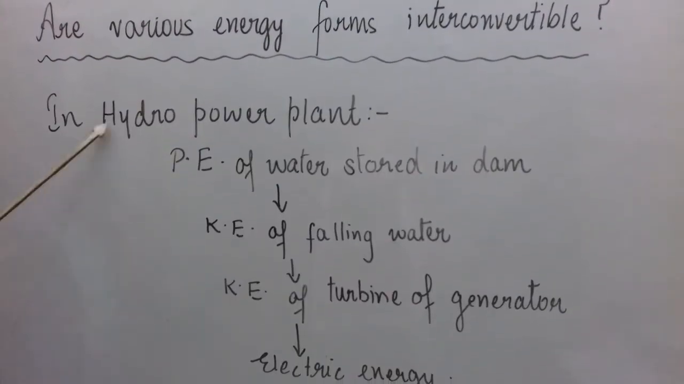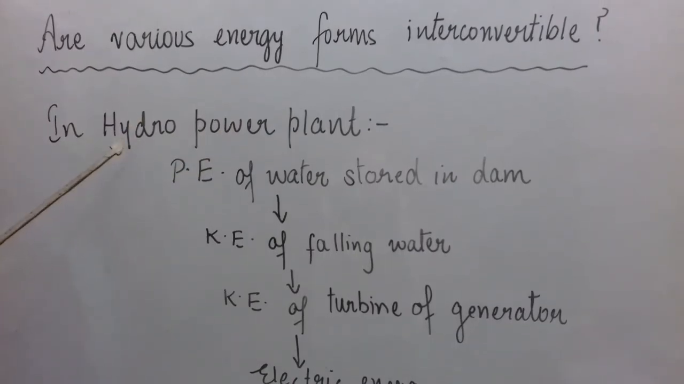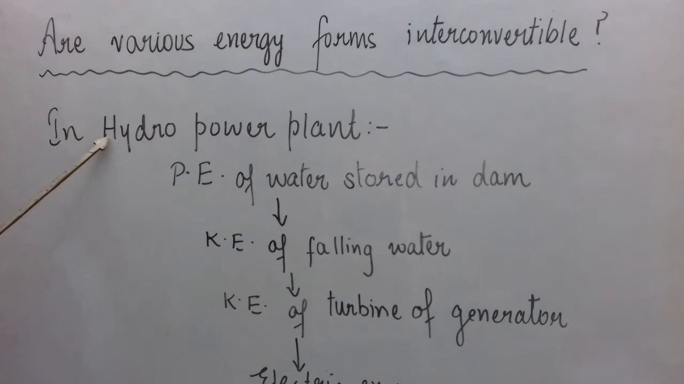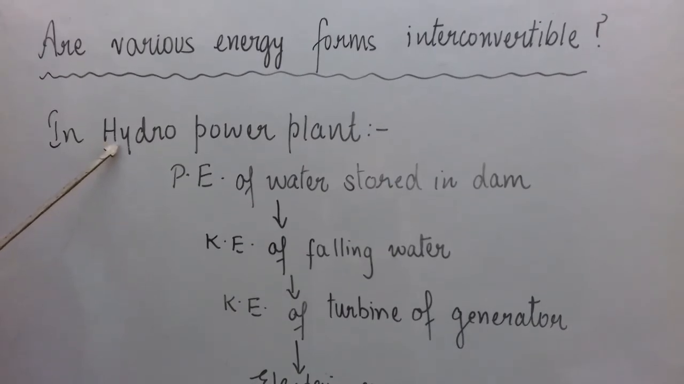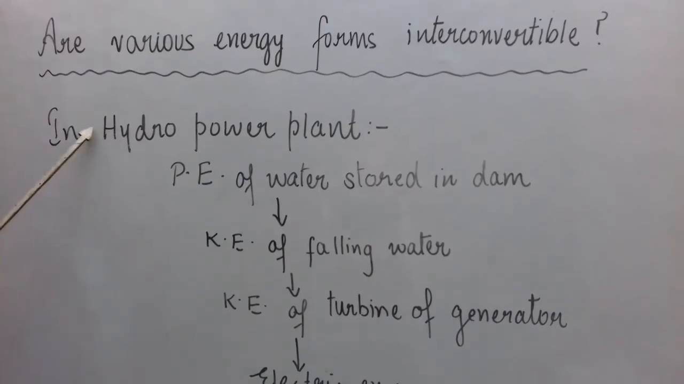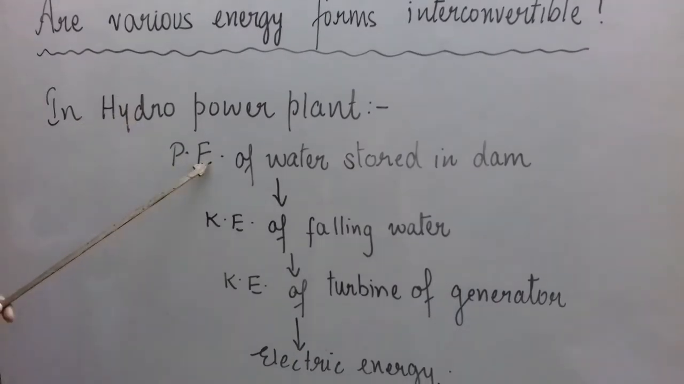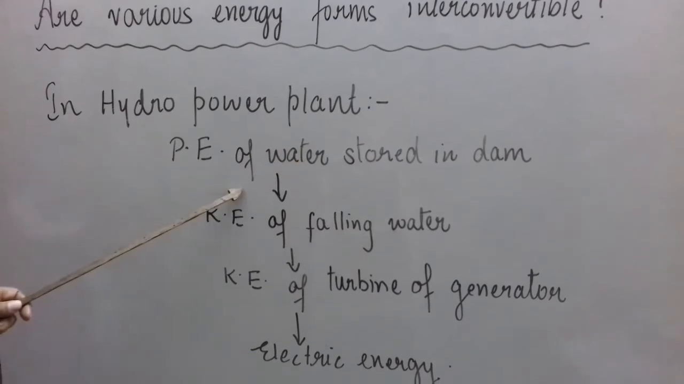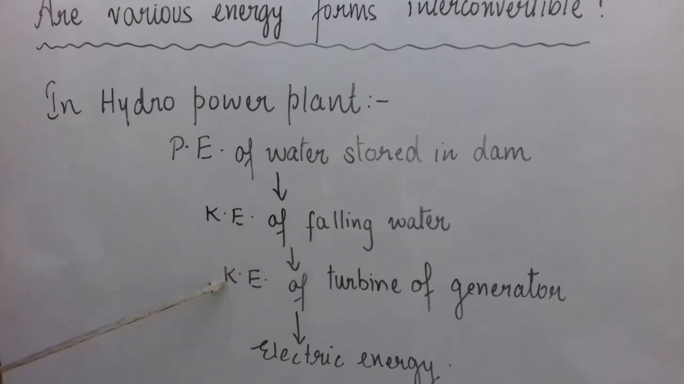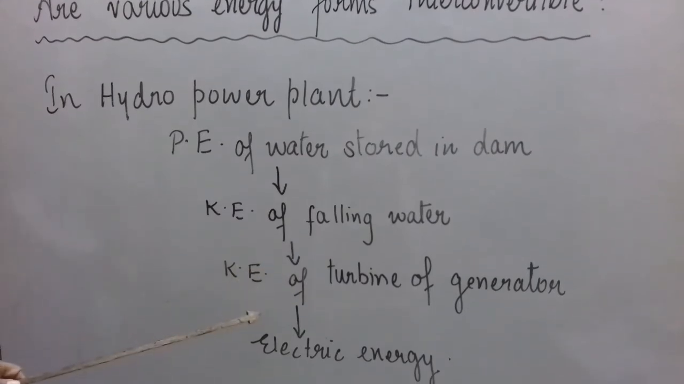Let us take an example of a hydropower plant or hydroelectricity. As we have discussed previously, water is stored in a dam, which is a large reservoir at some height above the ground. Let it be water from waterfalls coming naturally, or rainfall water that is stored. So the potential energy of water stored in the dam gets converted into kinetic energy of falling or flowing water, that gets converted into kinetic energy of the turbine of the generator, and